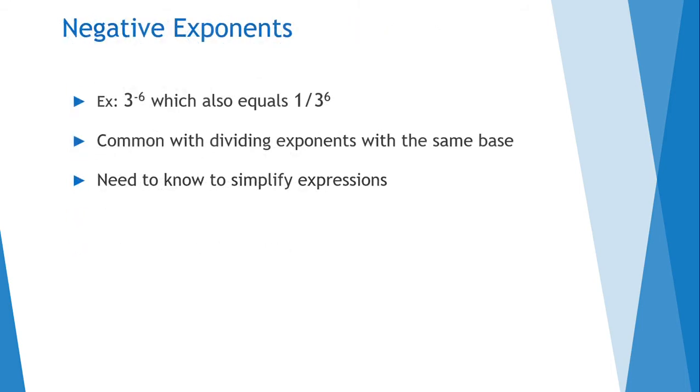Okay, so what is a negative exponent? When you see it, it'll just look like a regular exponentiated number with a negative sign in the exponent. But that negative sign does not mean that the number is negative. Instead, it means that the number is equal to the inverse of itself with a positive exponent. For example, 3 to the power of negative 6 is also equal to 1 over 3 to the power of